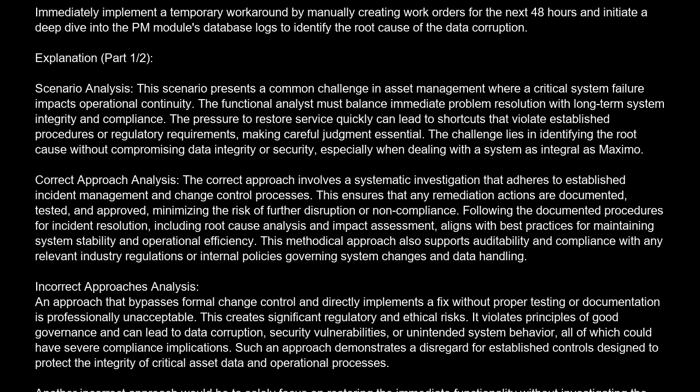Correct approach analysis. The correct approach involves a systematic investigation that adheres to established incident management and change control processes. This ensures that any remediation actions are documented, tested, and approved, minimizing the risk of further disruption or non-compliance. Following the documented procedures for incident resolution, including root cause analysis and impact assessment, aligns with best practices for maintaining system stability and operational efficiency. This methodical approach also supports auditability and compliance with any relevant industry regulations or internal policies governing system changes and